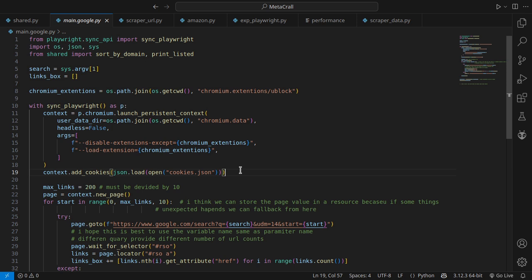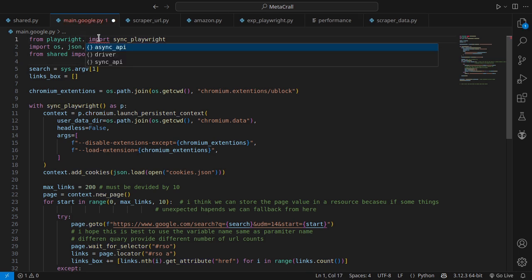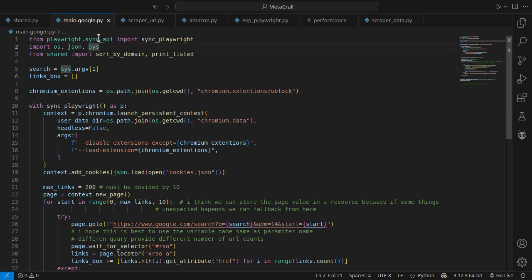Actually this is mostly a browser-related thing, like how you can find the best selector for your data grabbing, and I used some tricks for getting quality data even with fewer restrictions. Like you can see here, this is the boilerplate code line, and Playwright and the Sync API, this is the main one. There are other modules in Playwright, but those are async and others with a driver, so they are not used most of the time. Async is used, but in a project it is either sync or async. Some projects can use both, but